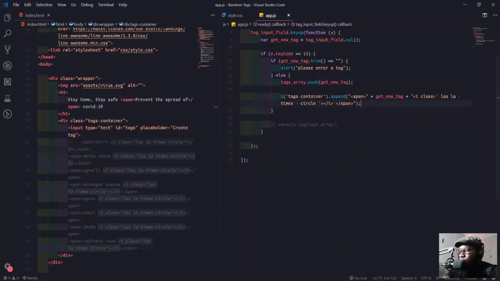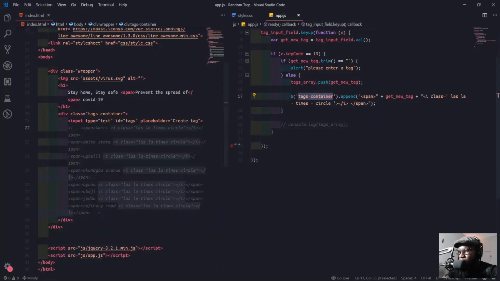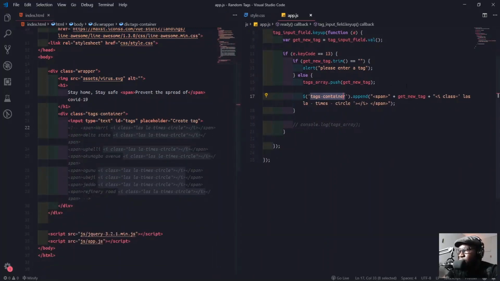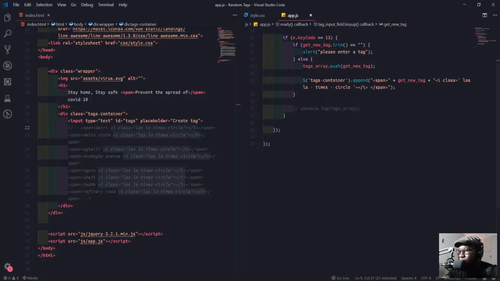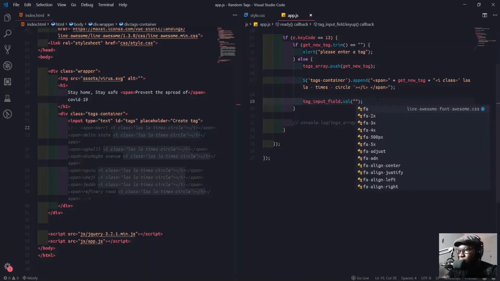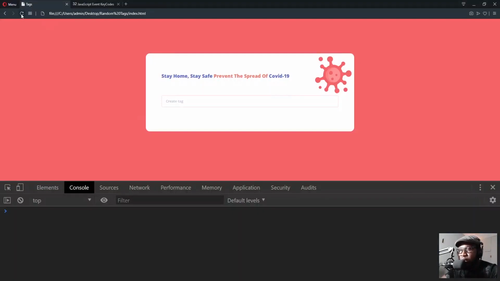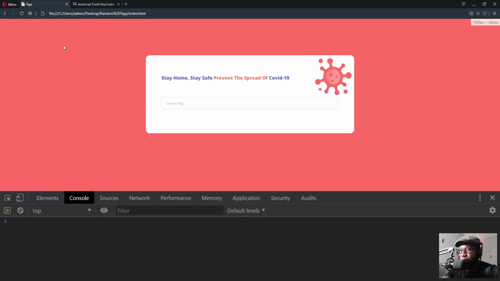Anytime we type something now, we'll push them inside the array, then we'll append them now so that they show in our tags container here. After I finish, I won't clear the input field. So I'll copy this code and come down here. Then inside I'll just create this empty stuff here like this. So if I go back now, refresh, we'll type maybe worry, press enter. Nothing comes out.